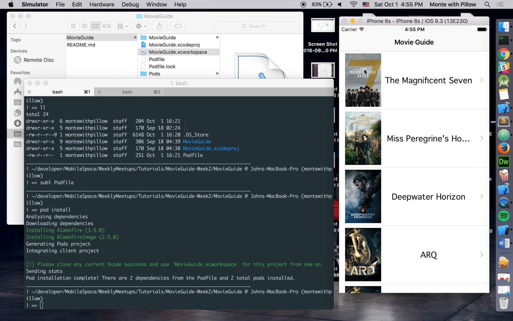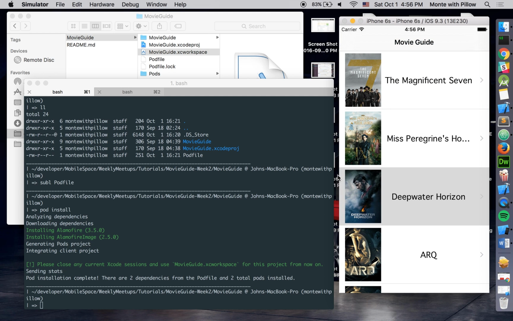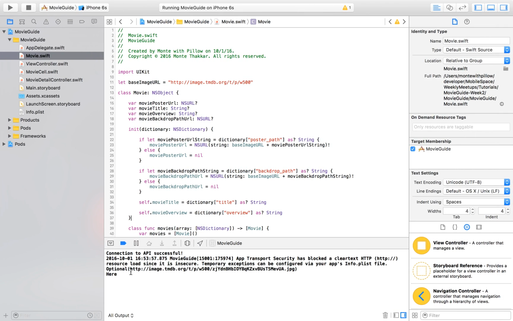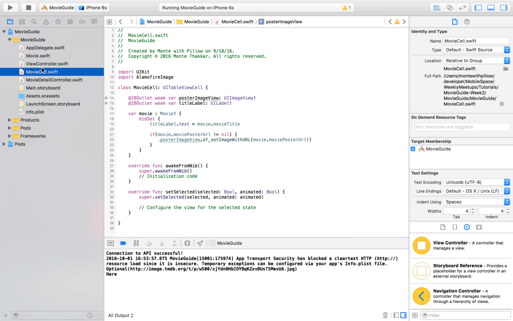And we have the poster image, we have the title, and then when we click on it, it takes us to a detail view, which has a backdrop image, a title, as well as the overview. Okay, so now let's try to debug the image and see what's going on with that. Okay, so it says optional here. So these are the 2 print statements that I just put in my